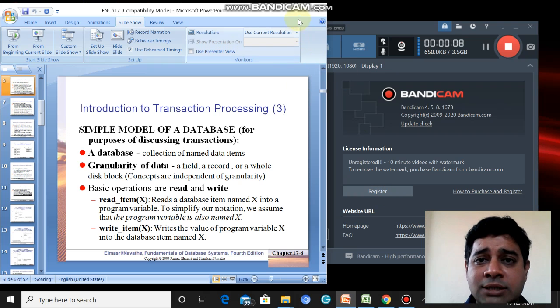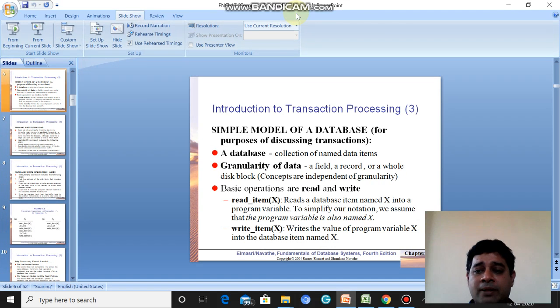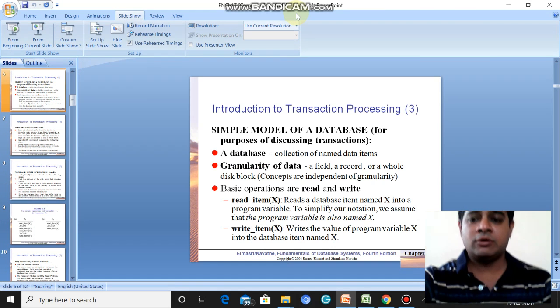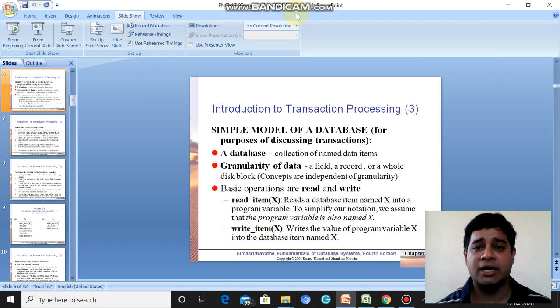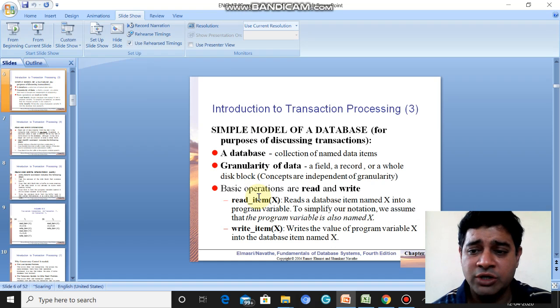So in the last class we have seen what transaction processing is. So today we'll continue with the transaction processing concept. In the last video we saw the definition of a transaction